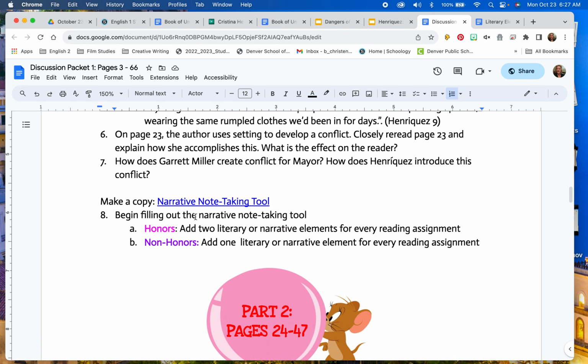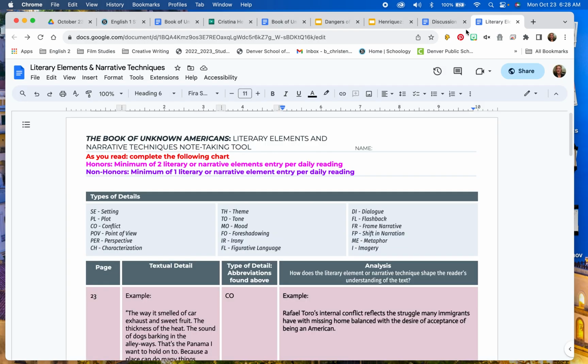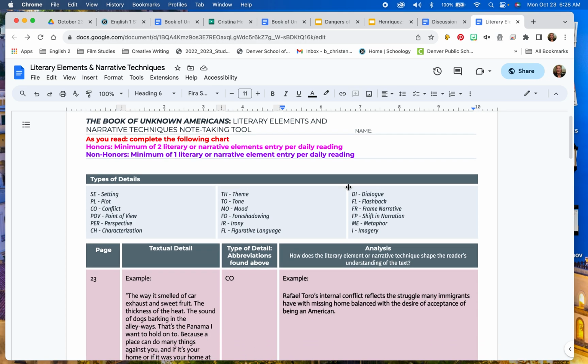Now, here is another important thing, and the thing I really want to talk about. This is the narrative note-taking tool. This is mentioned on the reading schedule as something that you have to do every reading assignment. So let's take a quick look at that before I wrap up the instructions for today. So this is what it looks like. You'll notice it's similar to the evidence tracker that you had for Fences, but it's a little bit different.